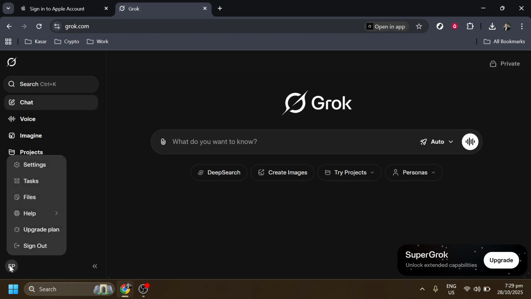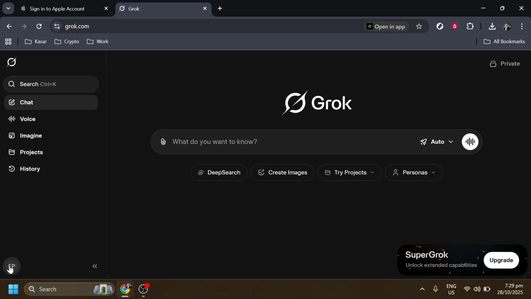And there you have it, an easy way to log in to Grok AI using your Apple ID. This method provides a secure, efficient way to access Grok AI, taking full advantage of Apple's verification processes and making sure your account is set up correctly. Remember, the seamless integration of services like Apple ID with platforms such as Grok AI is designed for your convenience and security, allowing you to focus on exploring all that Grok